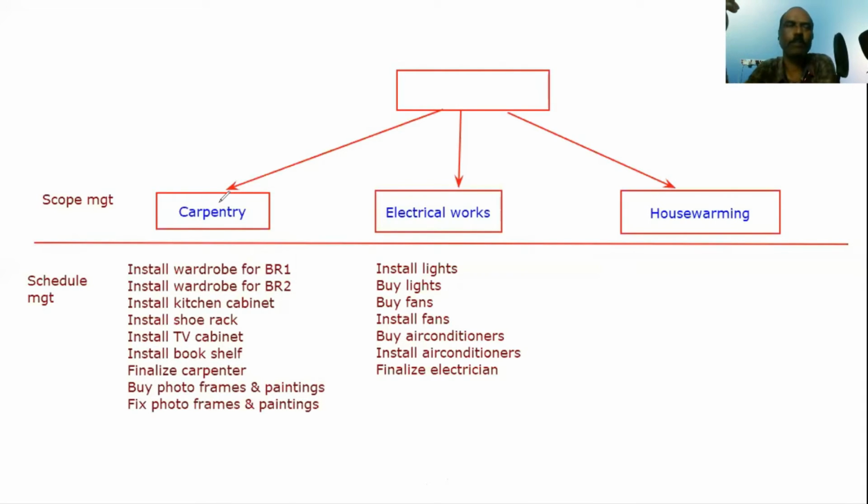So normally, if you see your projects, they will define some milestones. For example, when we did Chennai Metro Rail, there were like 15, 20 milestones defined by the customer. Sometimes we call them the key dates in the project. KDs, right? So key dates are nothing but milestones, which are mainly to monitor some interim goals in the project.